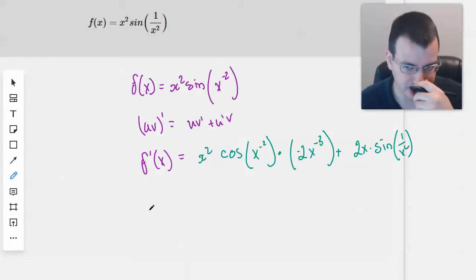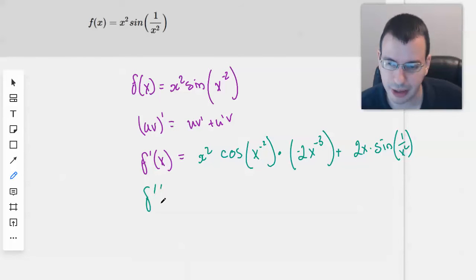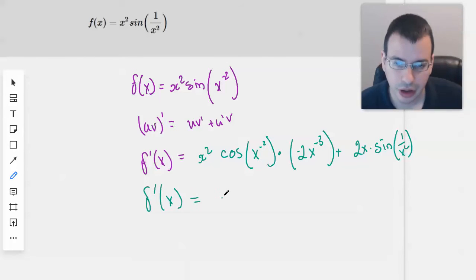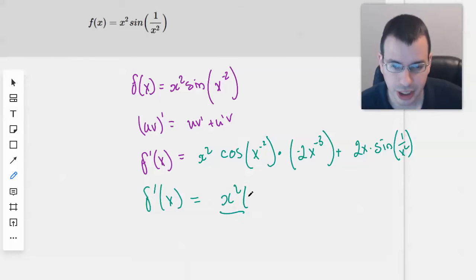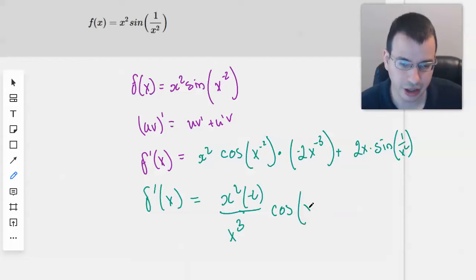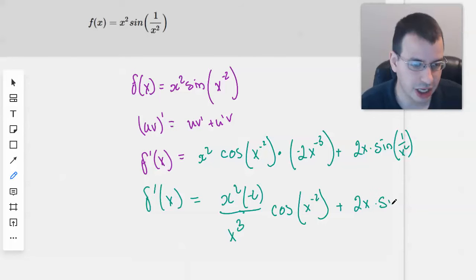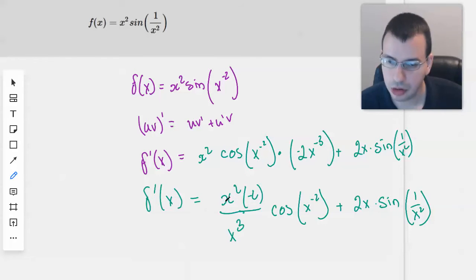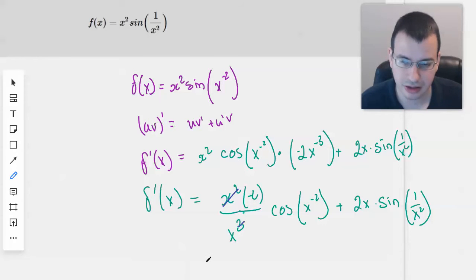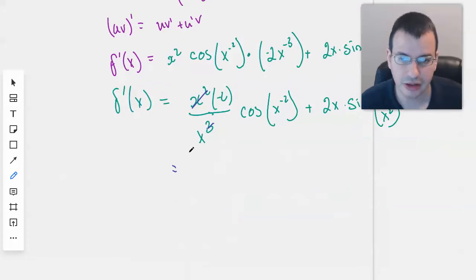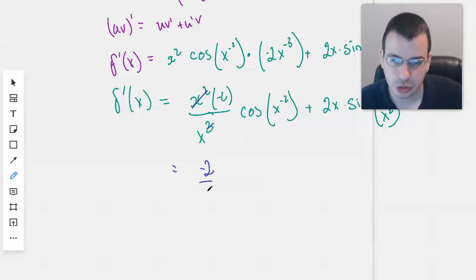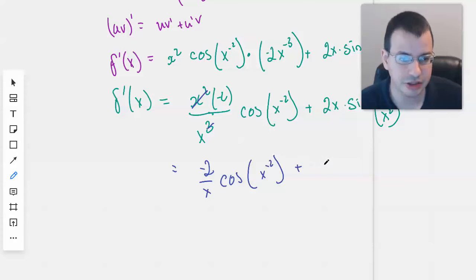Maybe I should simplify this a little bit. So f prime of x would then equal x squared times negative 2 all over x cubed cosine of x to the negative 2 plus 2x times sine of 1 over x squared. Get out our blue to add some contrast for the canceling. And we're left with negative 2 over x cosine of x to the negative second plus